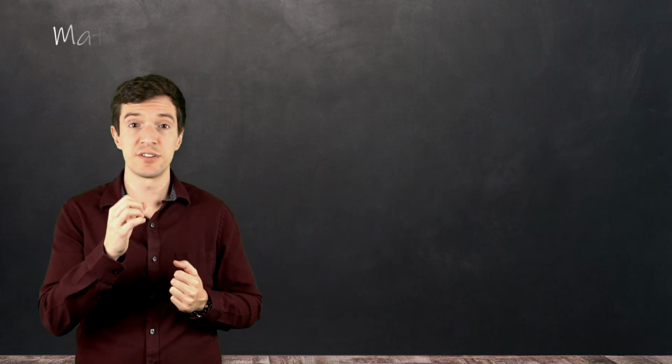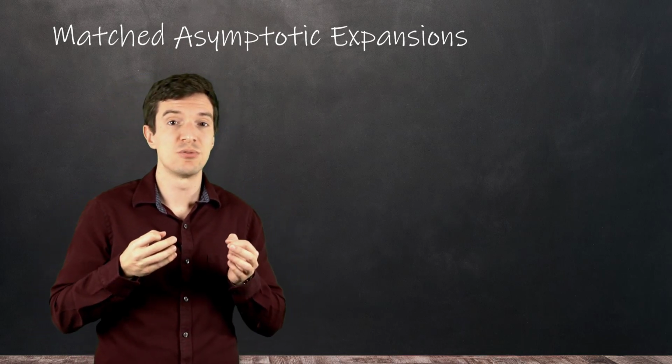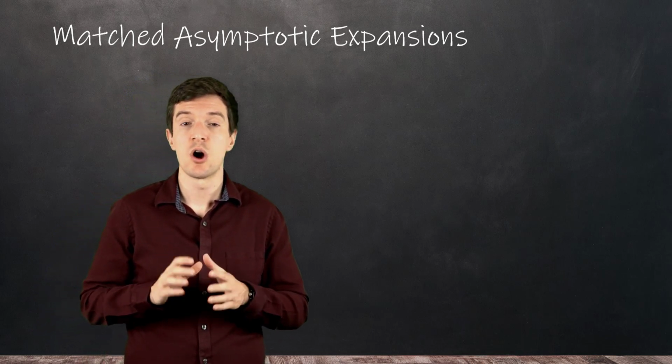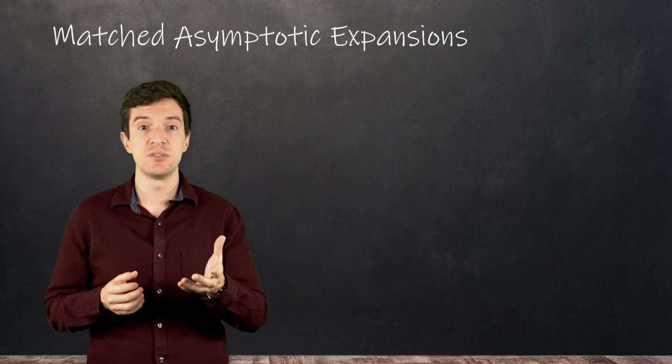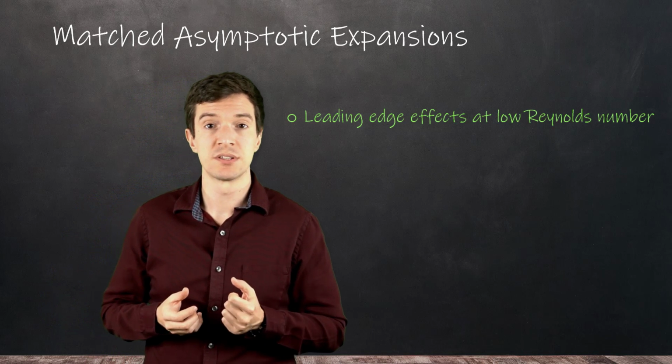Van Dyke further extended and generalized this first-order procedure into a matching approach for inner and outer expansions of any order. This methodology has been used to correct leading-edge effects at low Reynolds numbers and